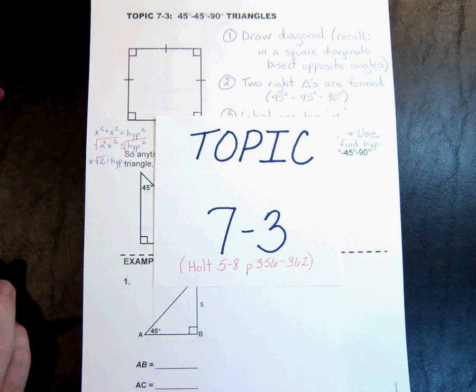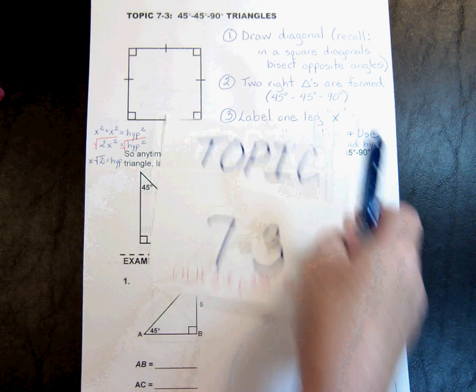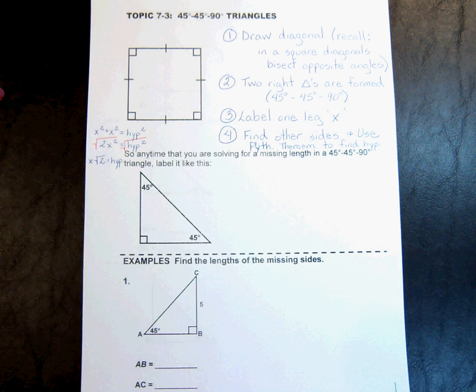Topic 7-3. This can be referenced with the Holt textbook, Chapter 5, Section 8, on page 356 through 362. Okay, they're dealing with applying special right triangles, and the first one we need to know is a 45, 45,